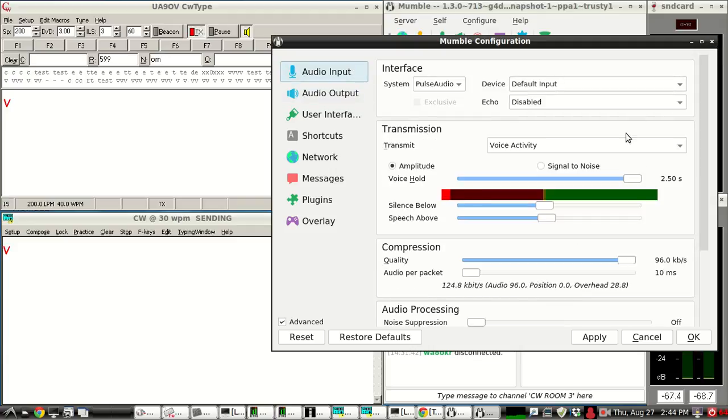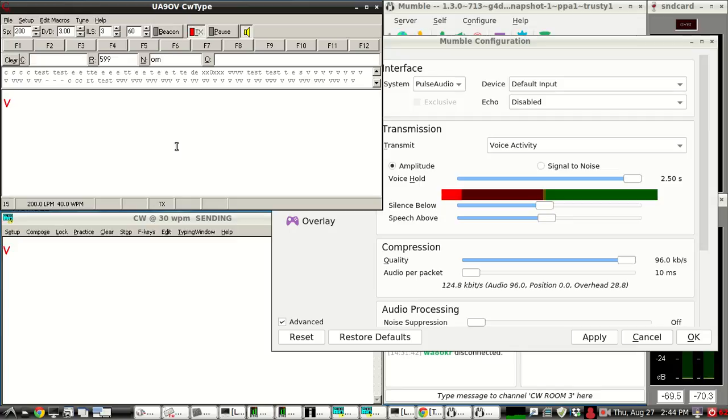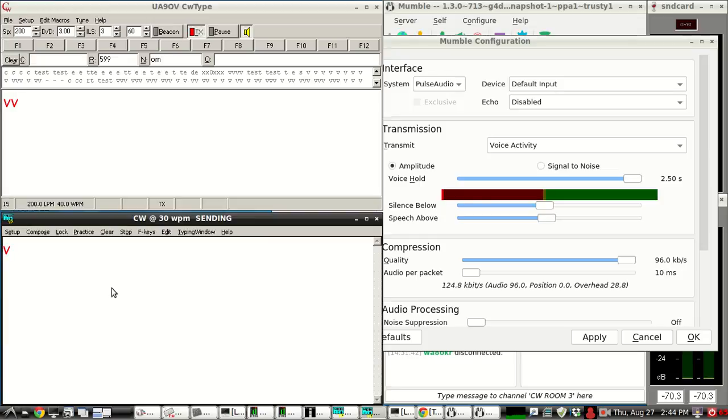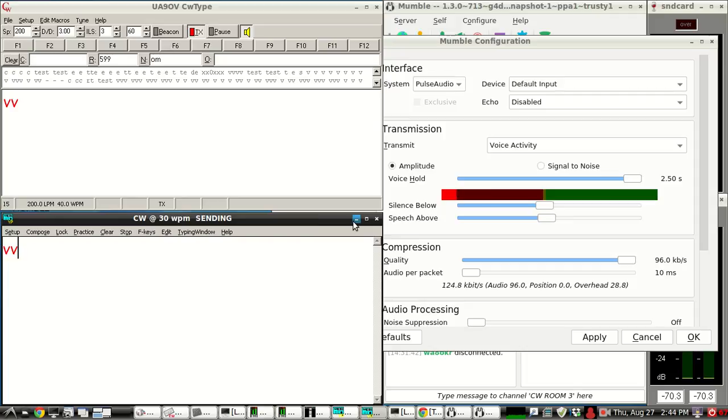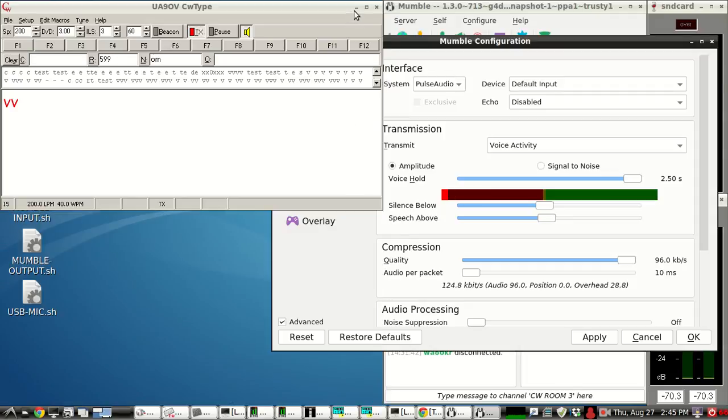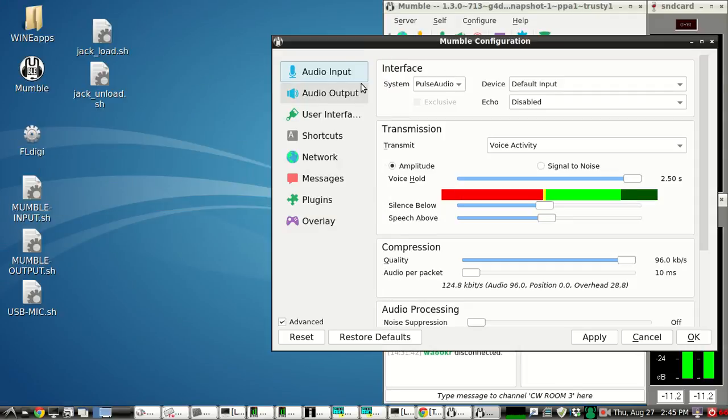And let me do paddles. Okay, we've got action there. Here's a keyboard from CW Type. We got good to go there. And from YP Log, good to go there. Or even have FLDigi queued up. So all three software keyboards are moving. And we've got paddles